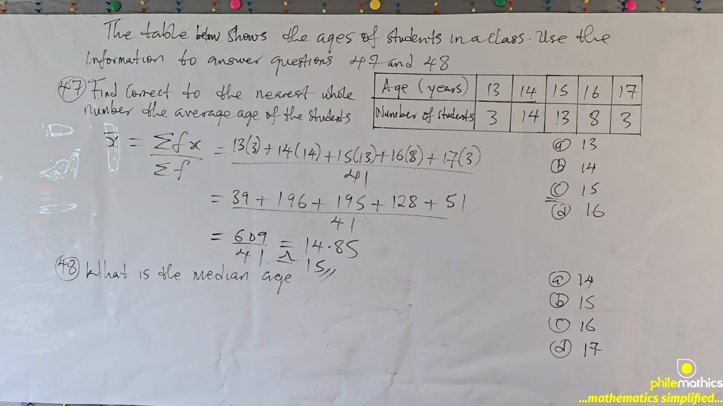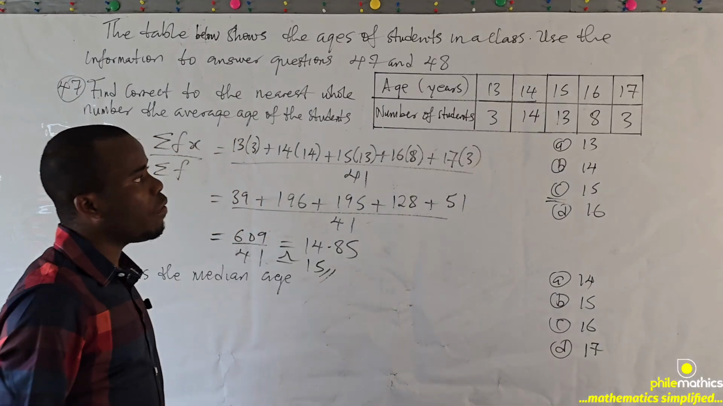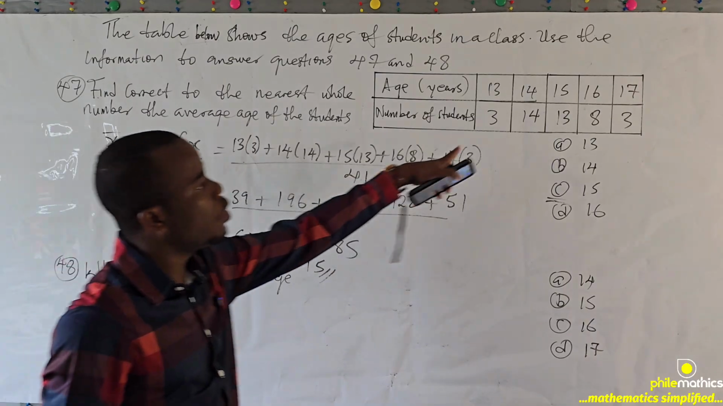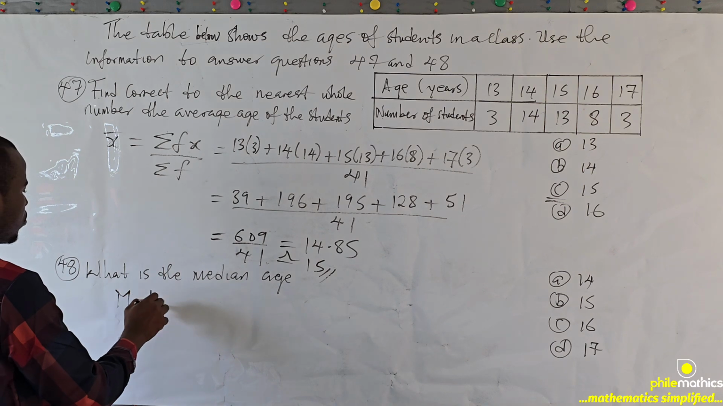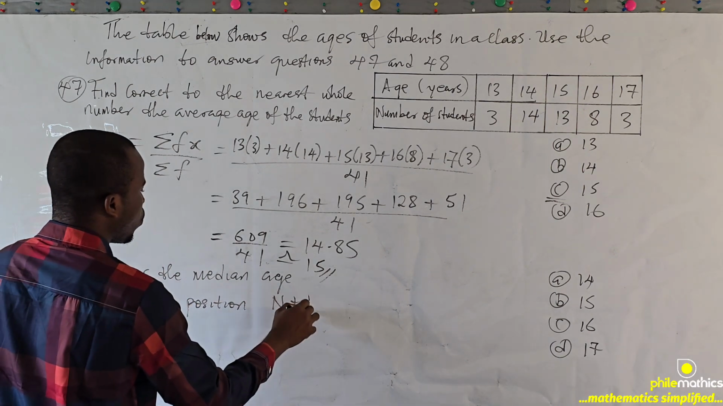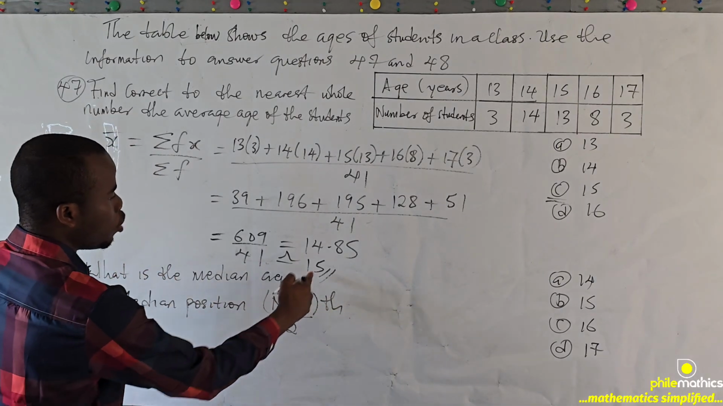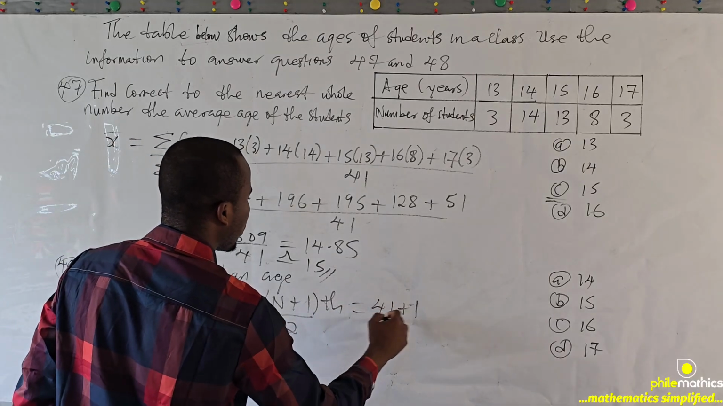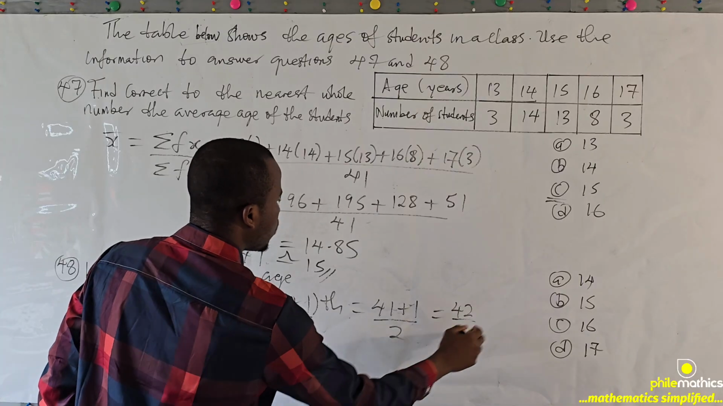For 48, we are asked, what is the median age? To find the median age, we need to find the median position first. And since we have an odd number of frequency, our median position is simply n plus 1 over 2. So what's our n? The number of frequency, 41. So this is 41 plus 1 over 2. This is 42 over 2. And so this is